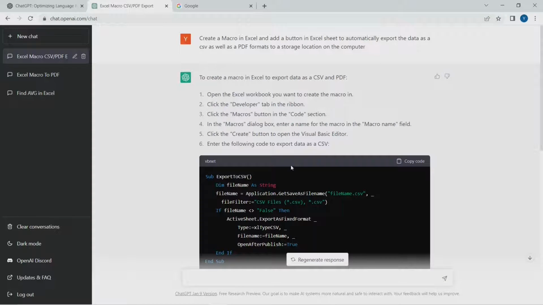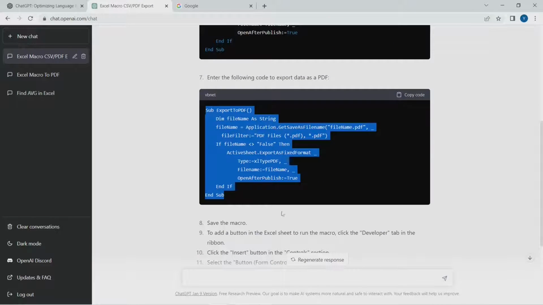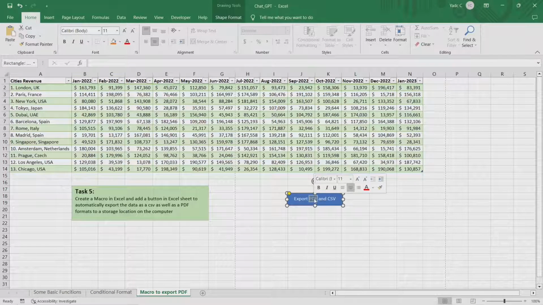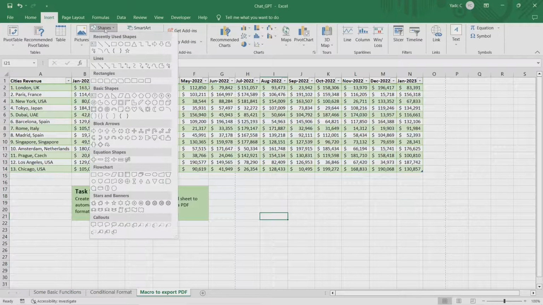In the last query that we asked, we asked ChatGPT to create a macro in Excel, which we can then publish as a CSV and as a PDF, and to create two buttons to help us export that data. So this is what ChatGPT did. It explained to us how we can enable the developer tab, and how to click on macros and write the two macros, one to export it as a CSV and the second one to export it as a PDF. So let's copy and paste. Let's create the one to make a CSV first. So we'll create the button. We'll do an insert, shapes,